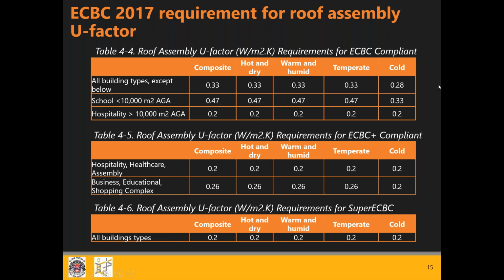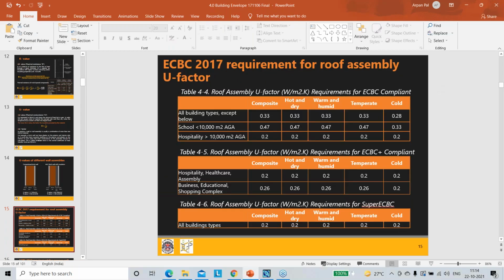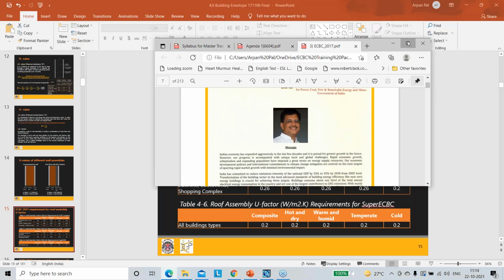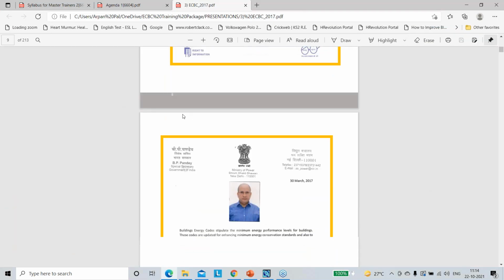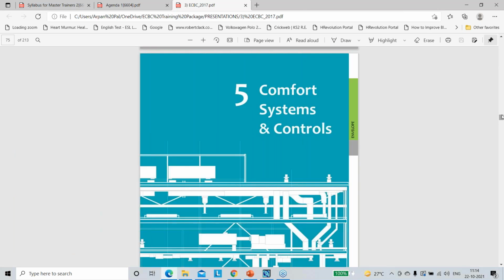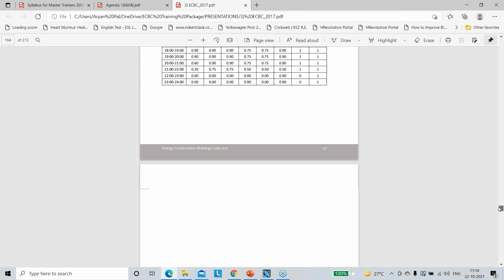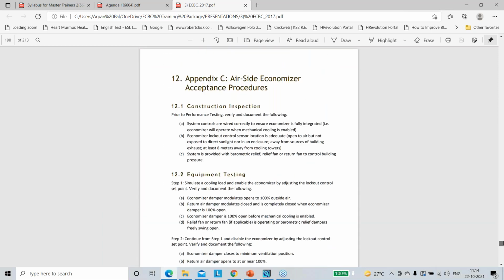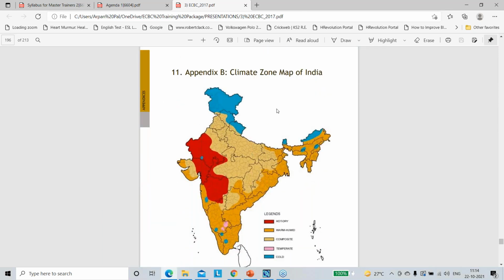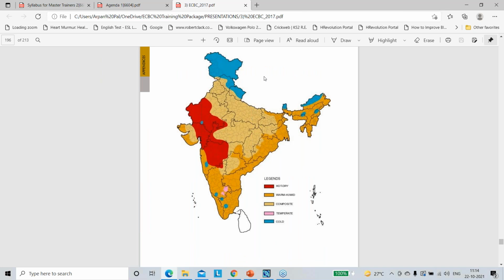What I can do quickly is show you the climatic zone map, I think that is easier. Yeah. So this is ECBC 2017. So as you can see, entire India is